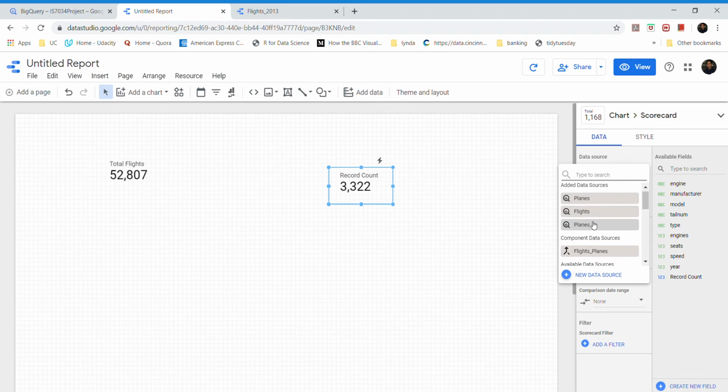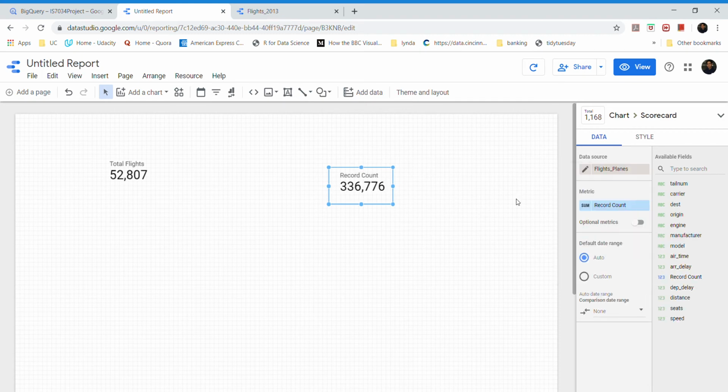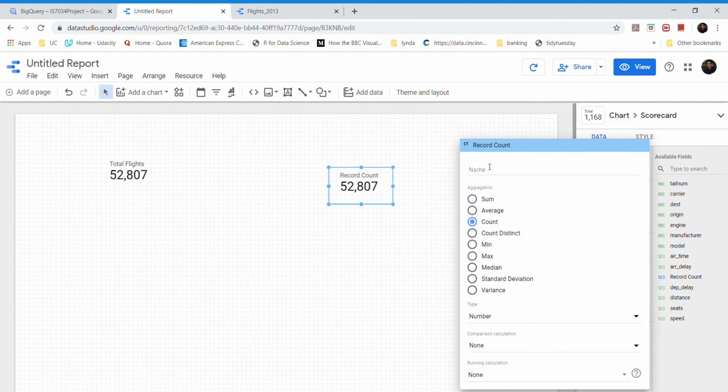Use the flights planes tables, change this to count, and from the data you can see that there are only a few sources, like JFK, then Newark, and then LaGuardia. So let's say we call this flights from JFK, and we get the records.